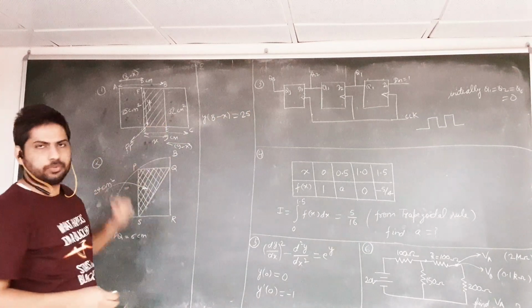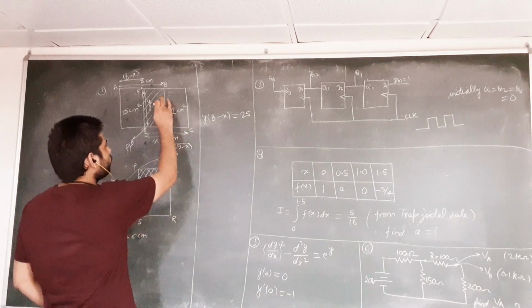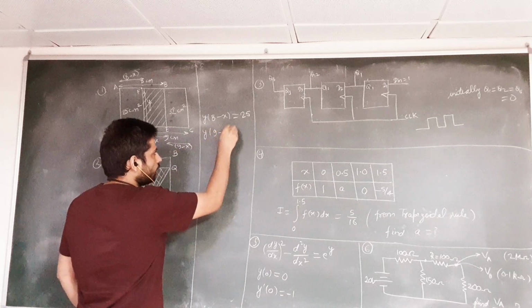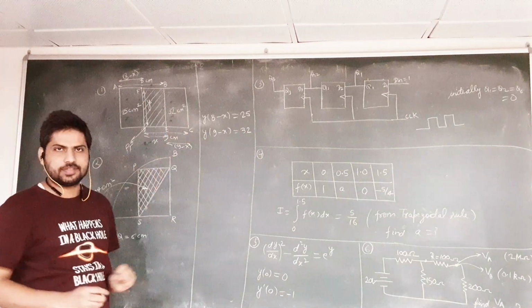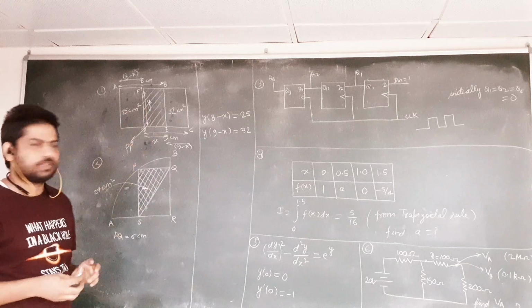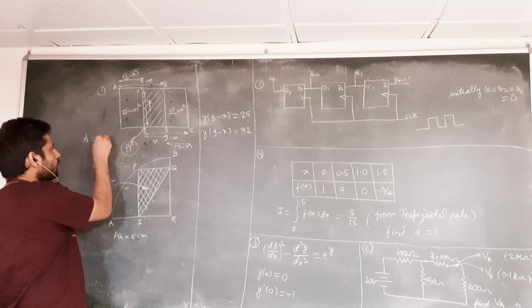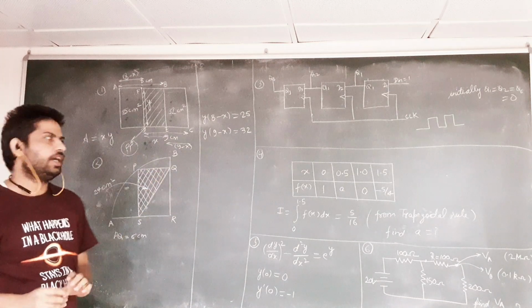Similarly, this 32 area can also be written in terms of x and y. So what we can write? We can write y times 9 minus x is now 32. So these are the two equations containing x and y, and if we know the values of x and y, the product of x and y will give us the required area. So this required area will be nothing but x times y. So we have to solve these two equations to find x and y.